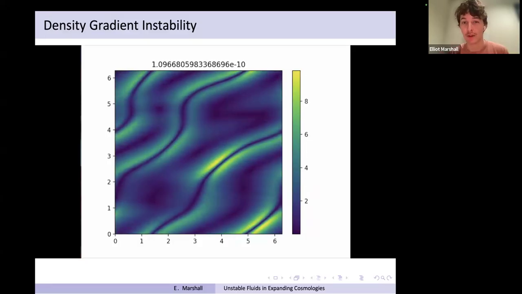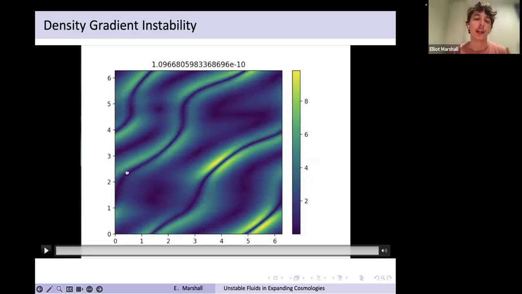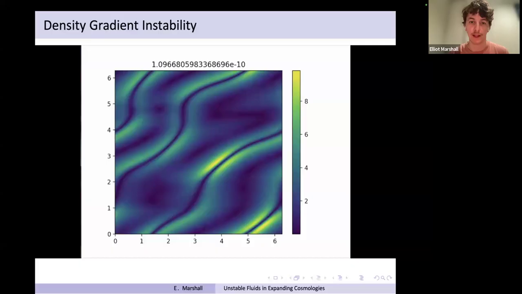I really like this simulation, not only because I think it looks cool, but it has this end result which is vaguely similar to the filament type structures that we observe in our own universe. So a natural question would be, if we gave our simulation some sort of physically relevant initial data, whatever that means, would this instability lead to some sort of nonlinear structure formation, which we observe in our own universe? I don't know if it would, but it's interesting to think about.